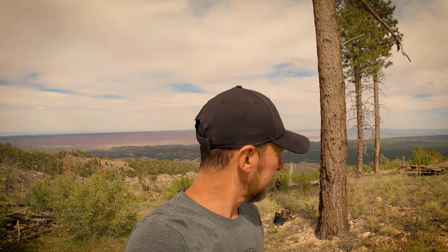All right, so it's about 3 o'clock in the afternoon. Rob just brought us up here to 8,300 feet, and that's the Vermilion Cliffs. We're gonna camp here for the night. I think we've been on the road for 8 days now, so I think having a short day and just kind of chilling in camp for the rest of the day is probably a good idea. View is spectacular,